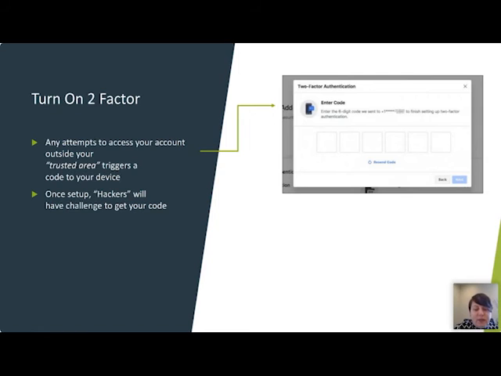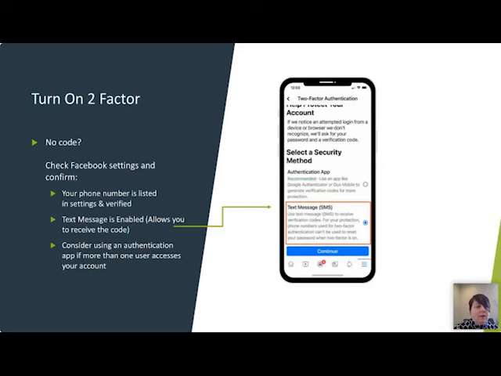Once you get a device to be a trusted device, you don't have to do this again. This is truly a one-time setup, so it's not an annoyance or inconvenience. Once you have it set, you don't have to return to do it, but it will know your device in a trusted area. If any hacker's trying to do it, they will be challenged because they will not have your code. So it prevents them from even getting into your account in the first place.